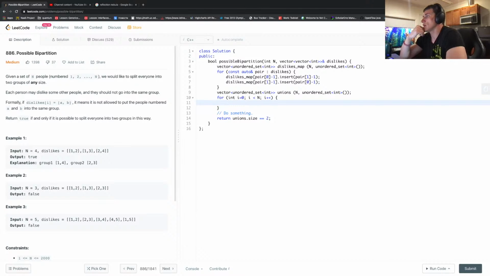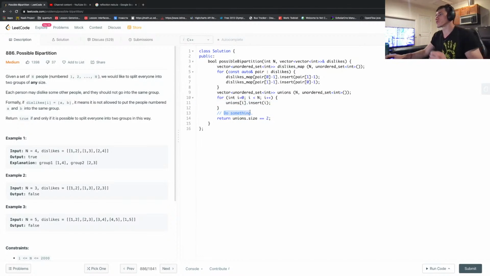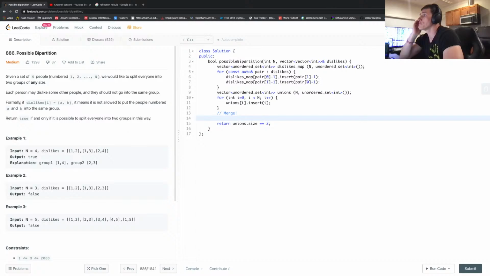So what we say is that unions i insert what? Insert i, right? Everyone is okay to be with themselves, right? So we're always fine with ourselves. We might not like other people. Merge. So how do we merge? So theoretically,